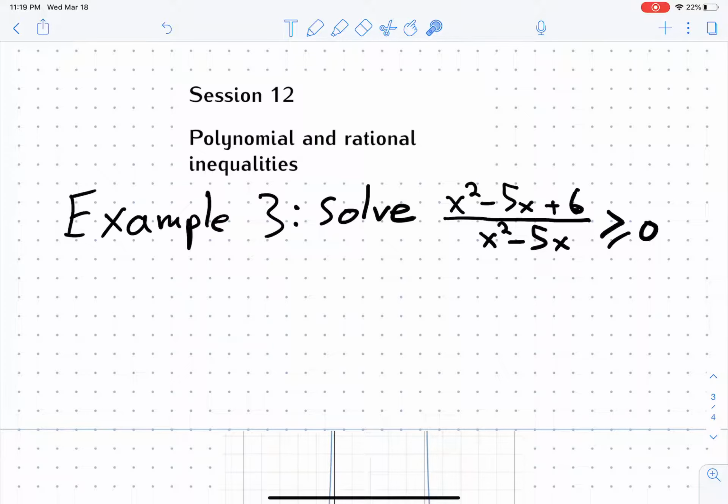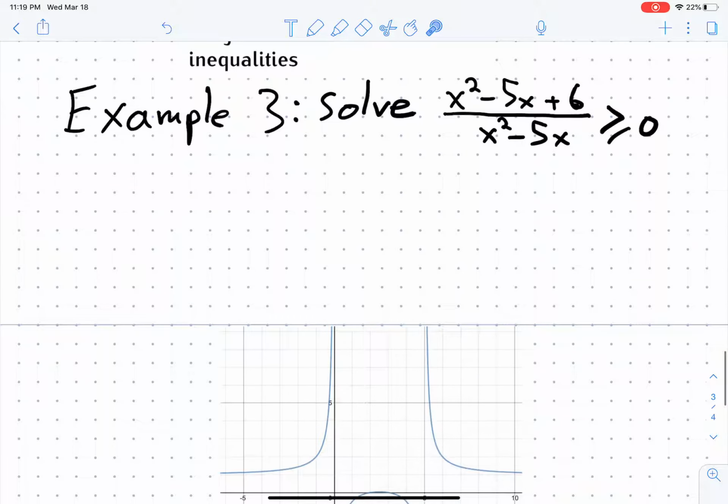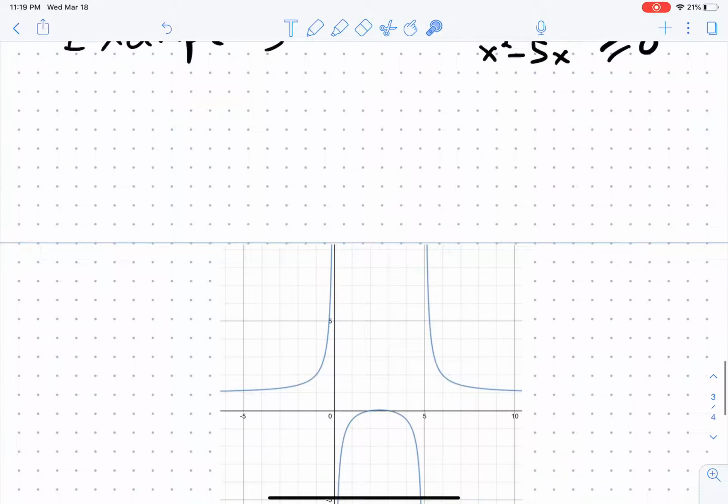So the idea that we're going to use here is quite similar to the idea that we used before, but with one more thing to be aware of. So in order to point that out, I'm going to show you the graph. That will sort of give away the answer in a certain sense, but the key is how are we going to work with the algebra, with the equation, or with the inequality to find the same answers